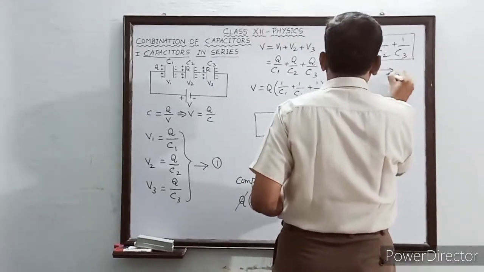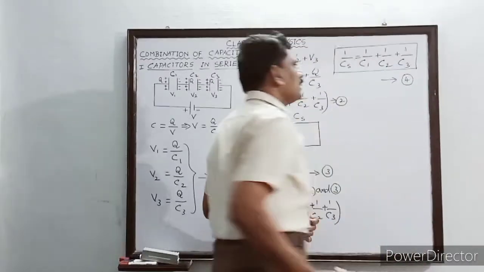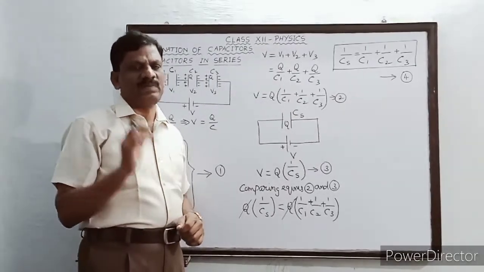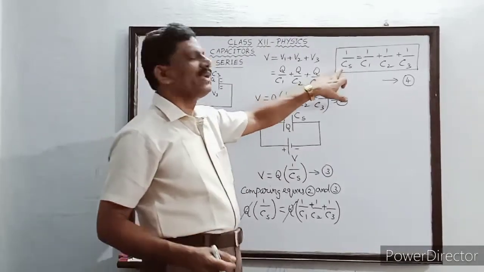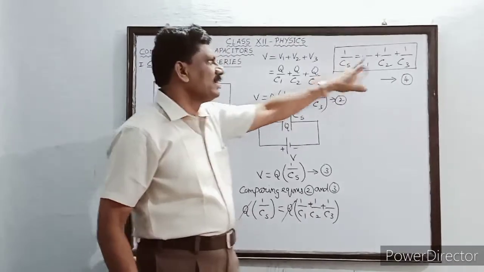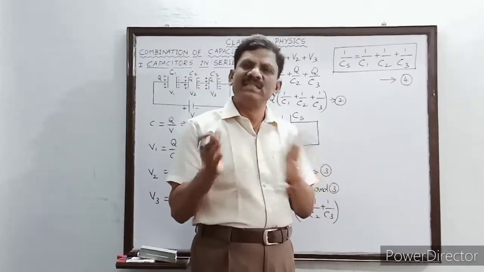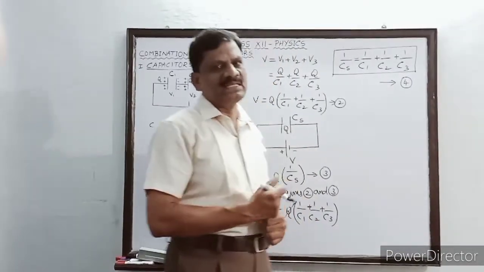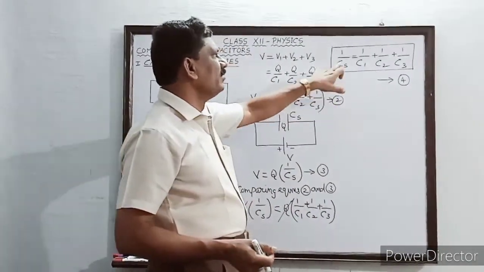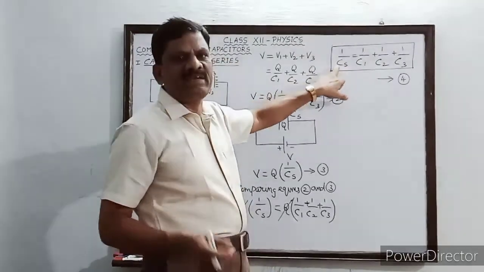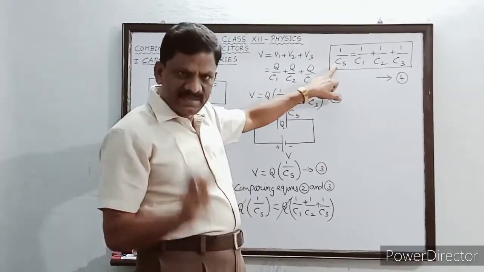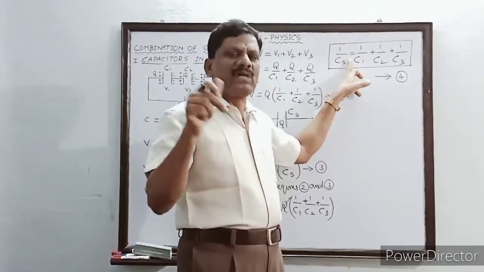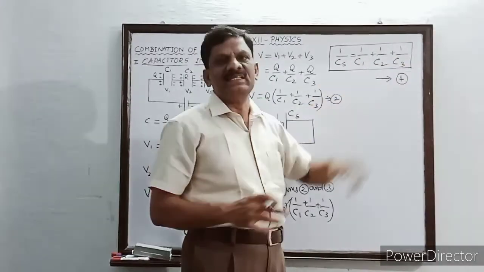Okay, and this is equation number 4. So what do we get when Cs is the effective capacitance? The reciprocal of the effective capacitance is on the left side. And what is on the right side? It is the sum of three terms, and each term is the reciprocal of the individual capacitances. So finally what we have to confirm is the reciprocal of the effective capacitance in series is equal to the sum of the reciprocals of the individual capacitances.